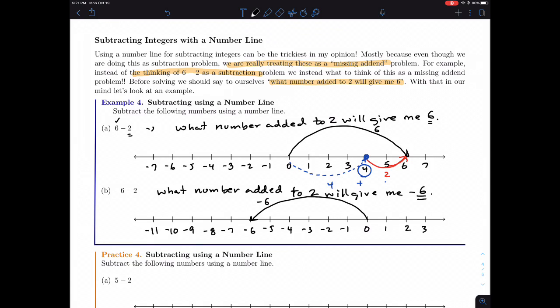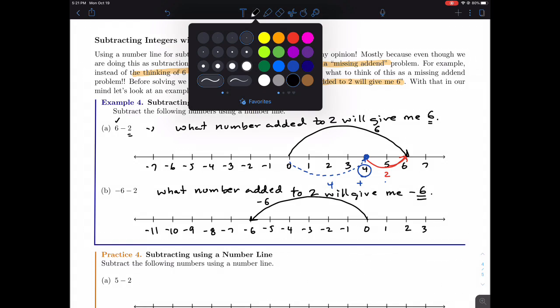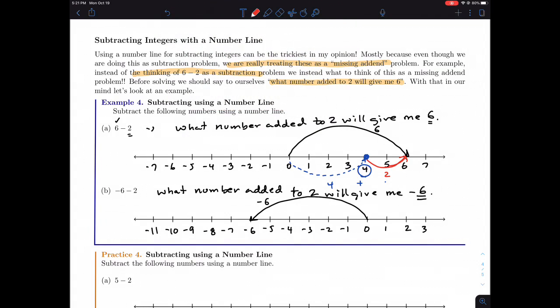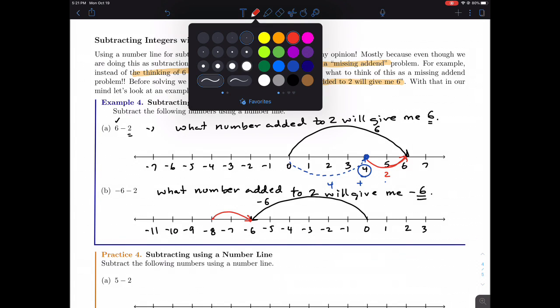And so in this case, what we're going to do is we're subtracting positive 2. So when we draw our little red arrow this time, we want our tip to start here at -6. So what's going to happen is it's actually going to go this way. It's going to go backwards. So my 2 is going to go over to the left, because what number do I need to add to 2 to get -6? Well, I need to add